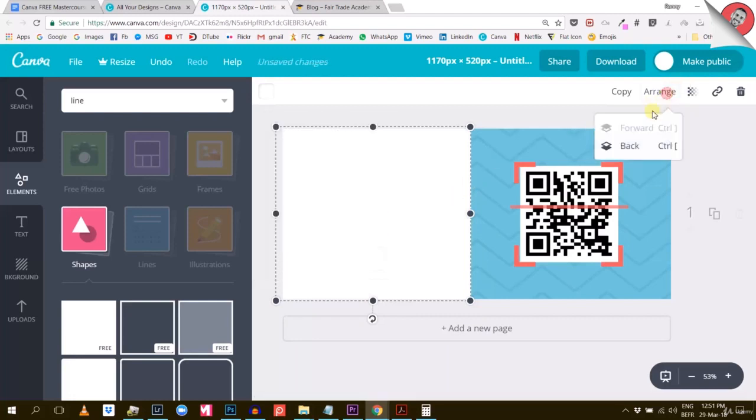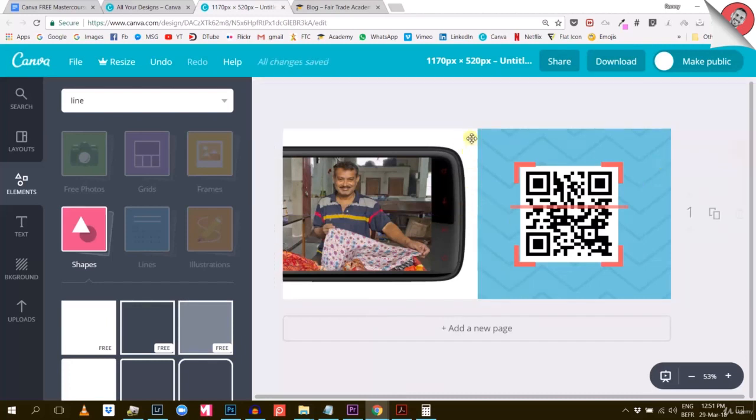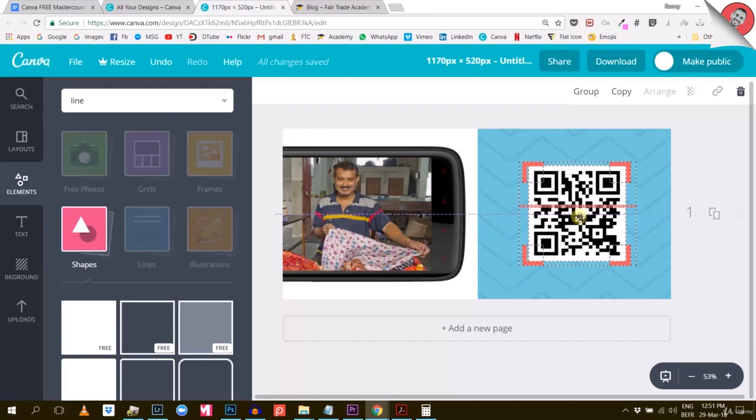White. And I will arrange this backwards. Okay, maybe make it a little bit bigger. This is pretty good. But I kind of lose the balance here. So what I will do, I will select everything here and move this pretty much to the center of the